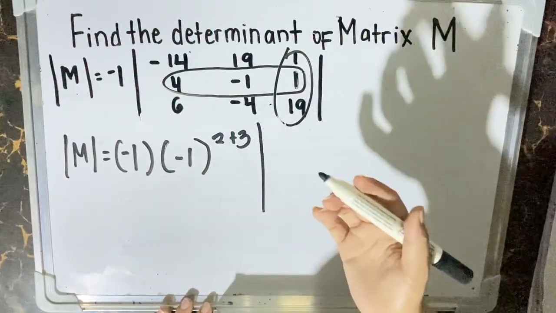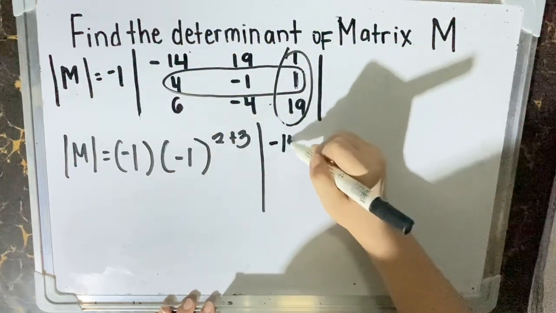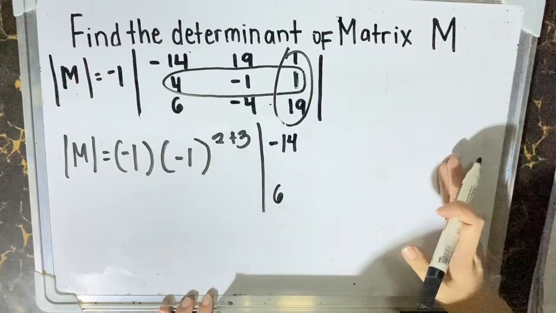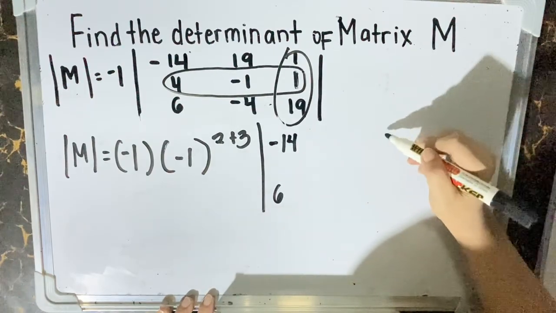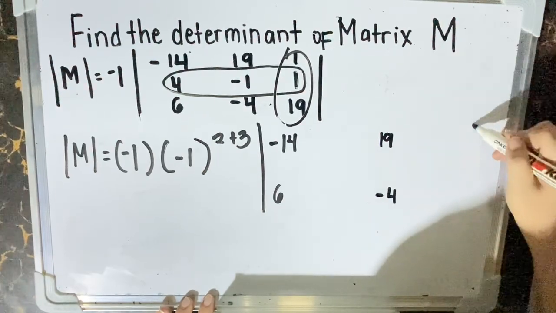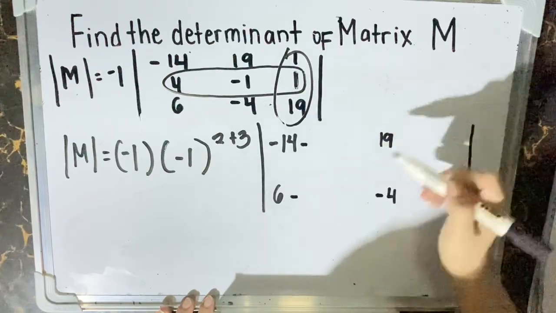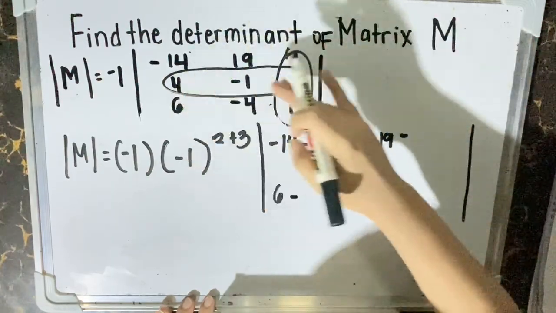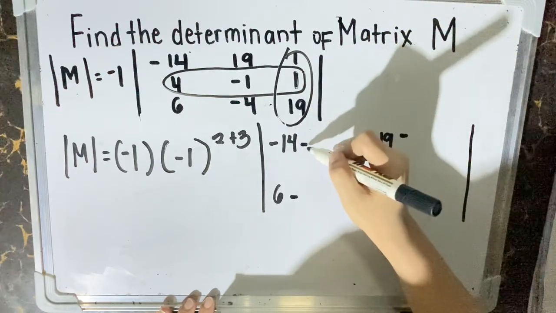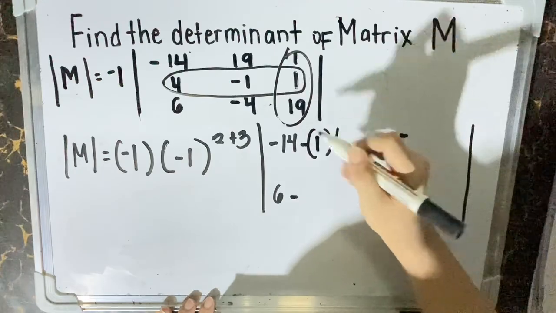What we are going to do is to write all the remaining elements, which is 14, 6. So, maglagay ulit tayo ng space para sa ating solution. 19, and negative 4. We will now subtract all of these remaining elements kung saan nag-intersect ang ating pivot point. So, negative 14 minus 1 multiplied by 4